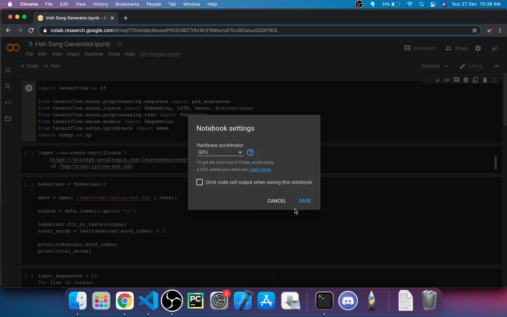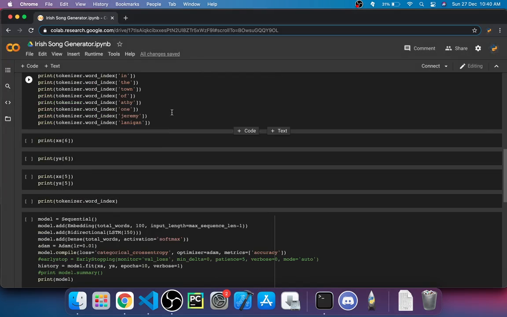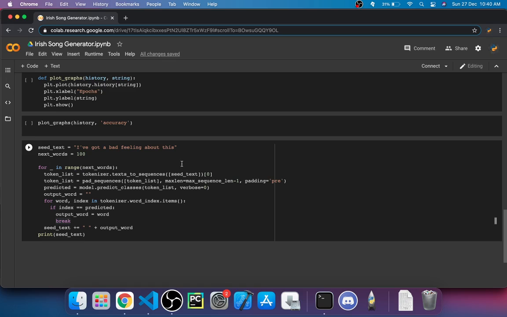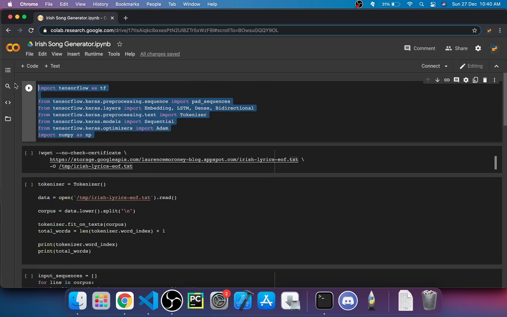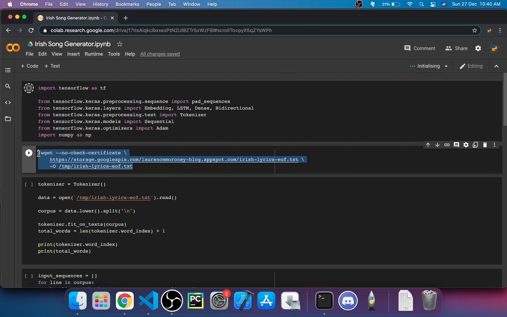So today we are gonna be making a text classification neural network that will make an Irish song. So you can see this is the entire neural network. First, these are just the imports that we have made, very standard, nothing new. So we are using TensorFlow as always, because that's the module I'm most familiar with. Then this is the link to the data, so it's stored in the Google Cloud. So I'm just gonna run this code block also.